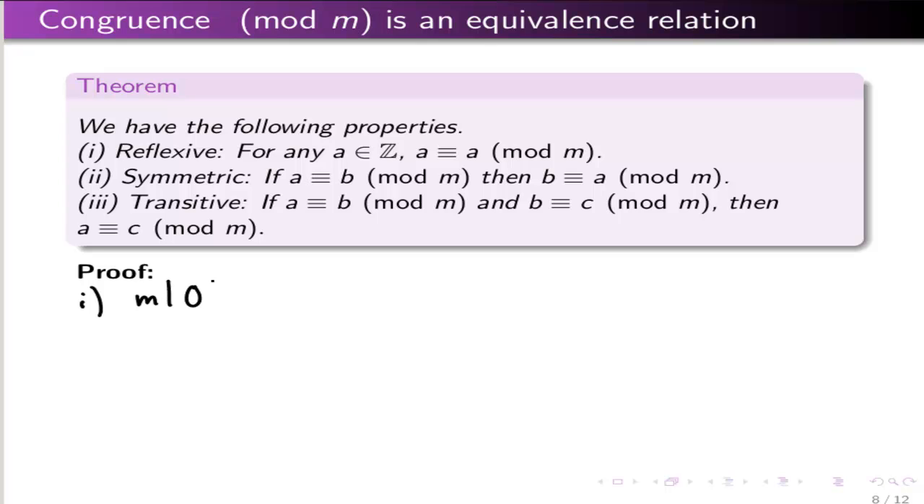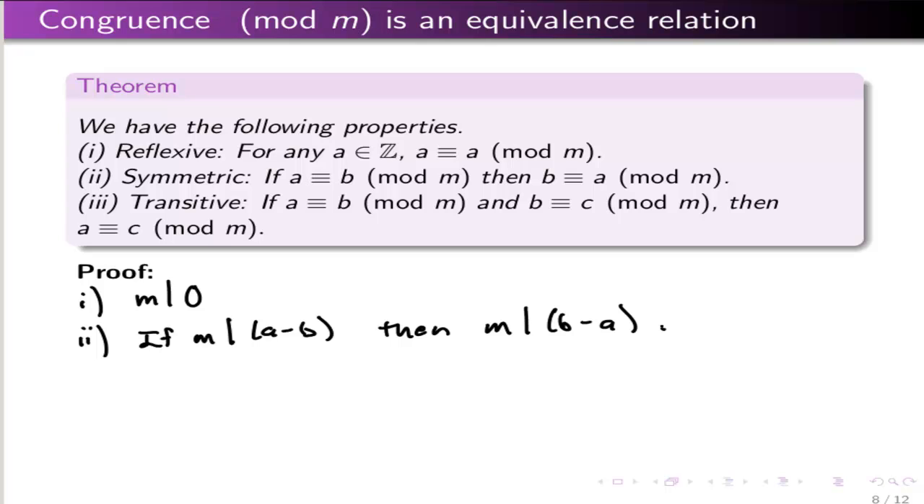M divides 0 is all I need to say there. To show it's symmetric, what's going on there? Well, if m is a divisor of a minus b, then m is a divisor of b minus a. Nothing going on there. And then in part 3, if a is congruent to b mod m, so m is a divisor of a minus b, and m is a divisor of b minus c,